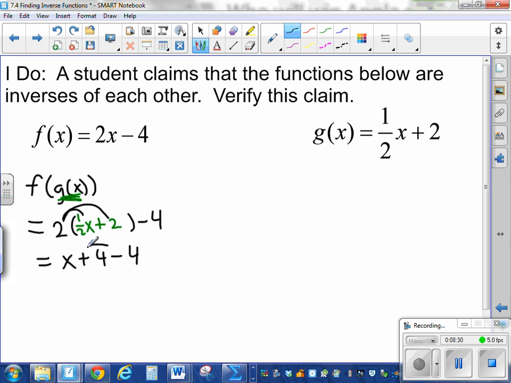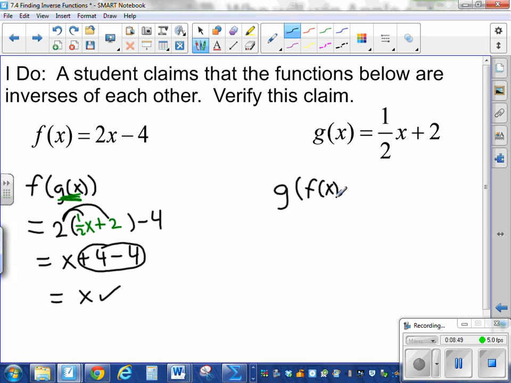Okay, now looking at this, positive 4 and a negative 4 end up being a 0, so x plus 0 is just x. So there you go. So that checks out. f of g of x ends up just being x. Now you do have to check the other way also. So anytime you see the directions say verify that these are inverses of each other, you do have to